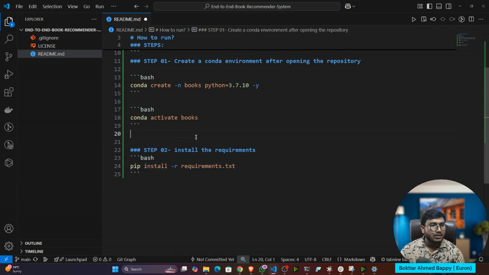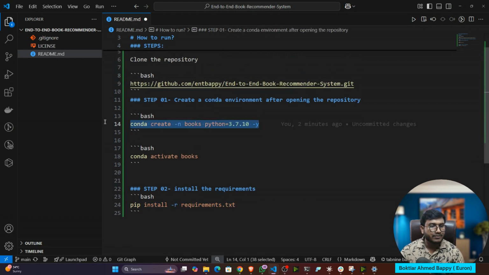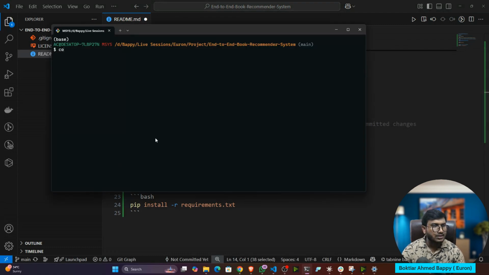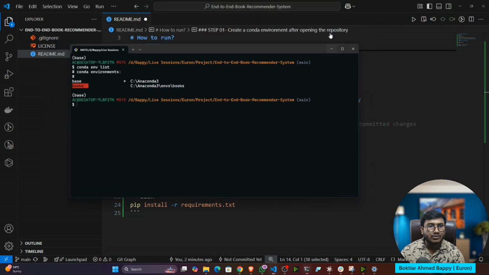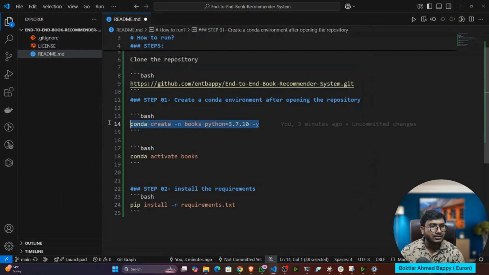Yeah. So here, let's create the environment first of all. For me, maybe I already have the environment. Let me check. I'll just write conda env list. So previously I already created it. See, this books environment is available for me. But for you, we have to create it. How to create? Just copy this command. I'll also publish it on my GitHub, so from there you can copy and execute it in your system. So let me publish it. I think that would be fine.